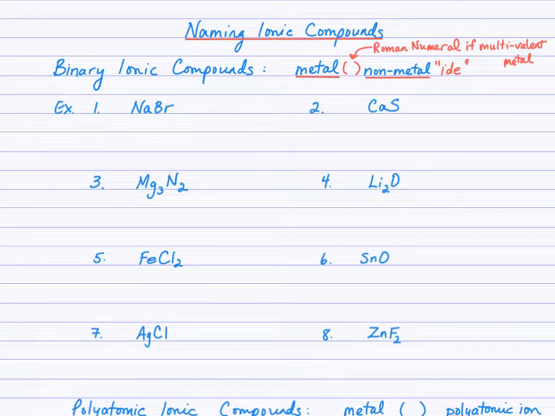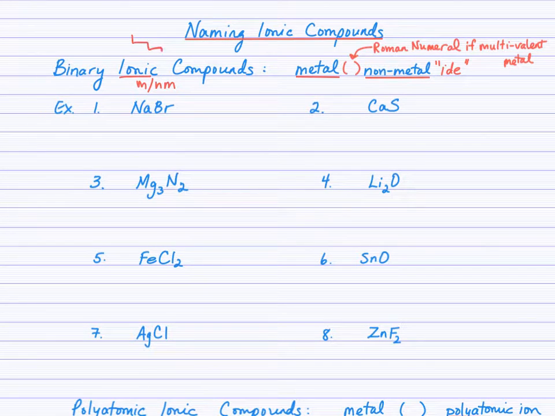Okay, this video will cover how to name ionic compounds. Hopefully you've already watched the video about writing the formulas of the ionic compounds. So we have binary ionic compounds involving only two elements, and then we have polyatomic ionic compounds. It's important that you count the number of elements in the compound because that will give you a clue as to the naming. So the fact that these compounds are ionic, you'll recognize because you have a metal and a